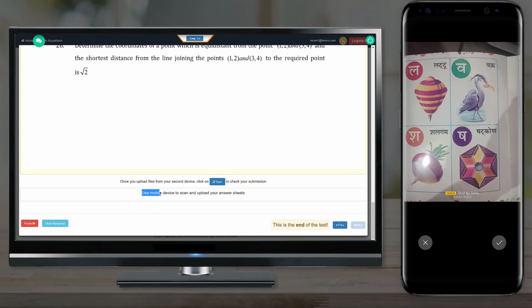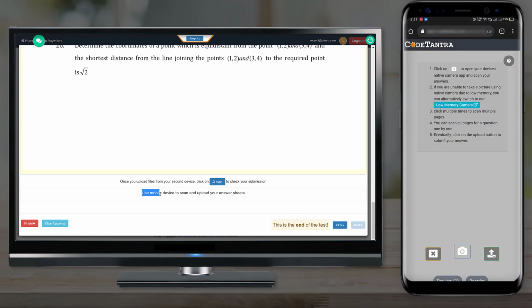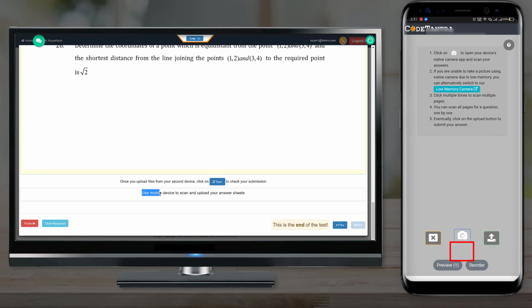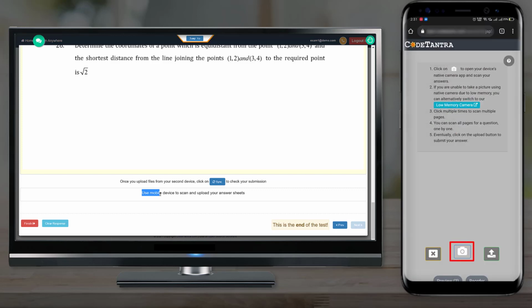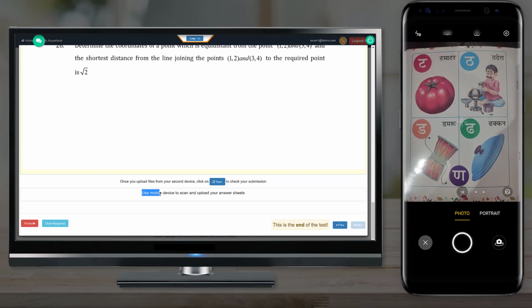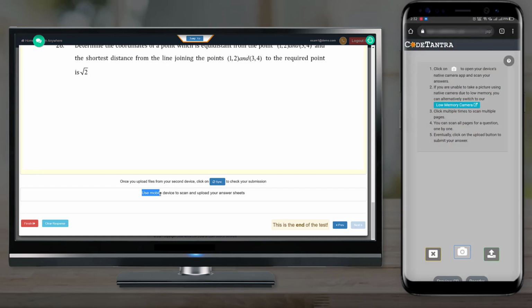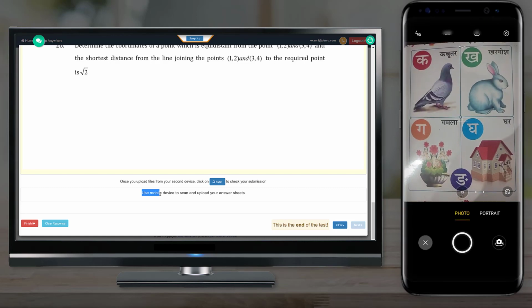In your case you can take the actual answer sheet that you have written and you can take a picture of that. I'm satisfied with this quality of image that I have captured through my camera, so I'll click on OK. Then I'll go to some other page, then I'll click on the camera again. I'll take another picture of another answer sheet, click OK. Then again I'll click on the camera button, I'll take an image of another answer sheet, again I'll click OK, and I'll keep doing this until I'm done taking the picture of all of them.